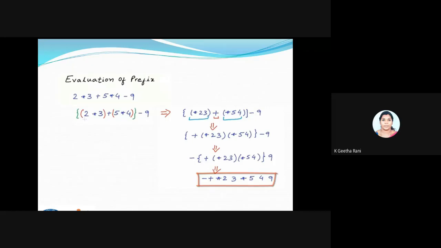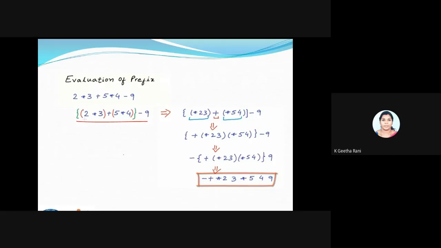So this is the same example I have taken here, which I took for the postfix. I have given the values for the particular expression, and I'm trying to convert this expression into a prefix format. Fine. So this is the equation here. I have given a bracket for an easy way of doing it. It's manageable to use a bracket. So based upon the operator order, I'll be doing this conversion. Based upon the order of operation, I'll be going this way.